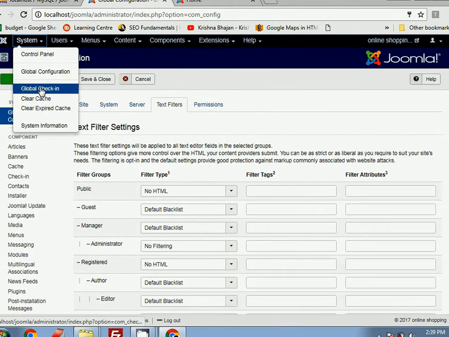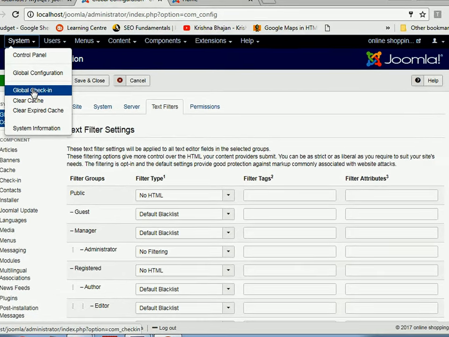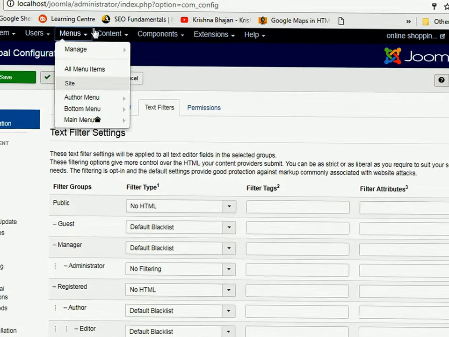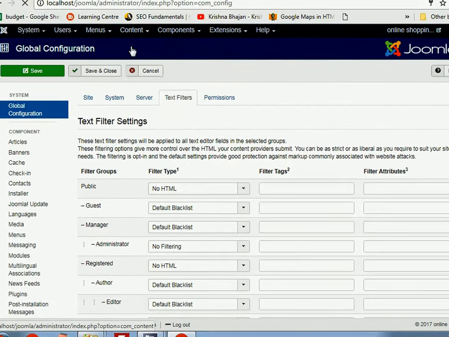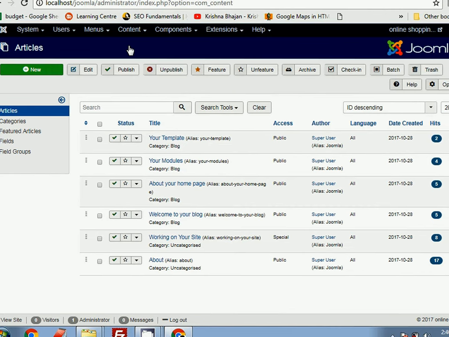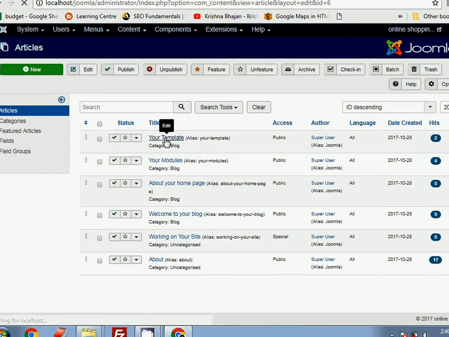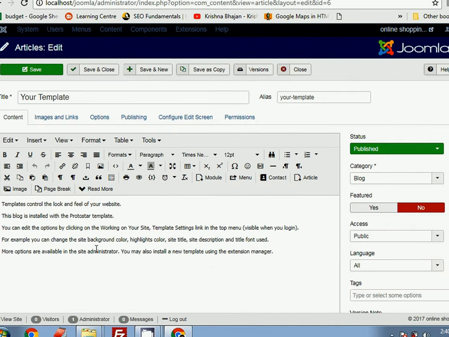This is global check-in. Global check-in means suppose two or more people are working on the same admin section and one person is using a particular file. Like if I am creating an article, I want to create this article. So some articles are already created. So if I have checked it out, the other person cannot work.